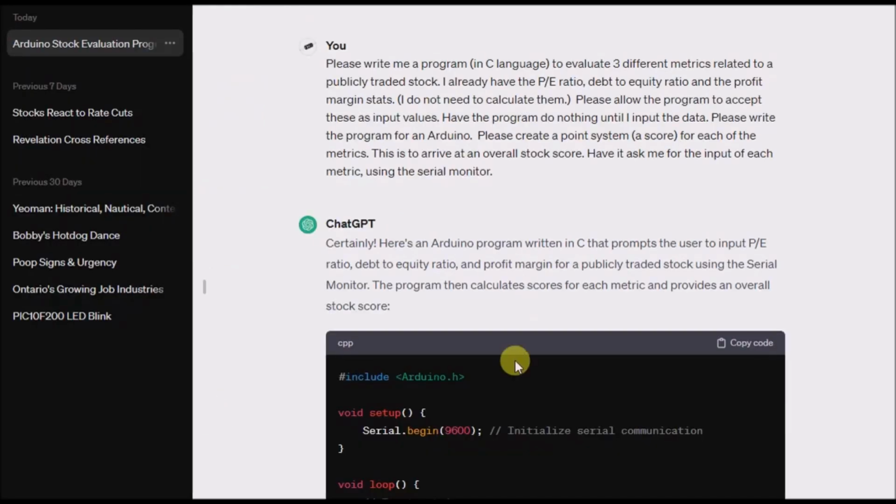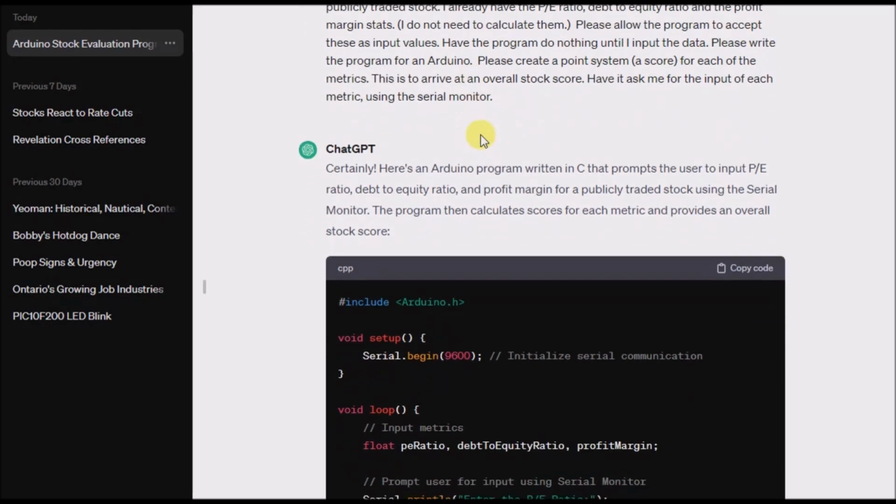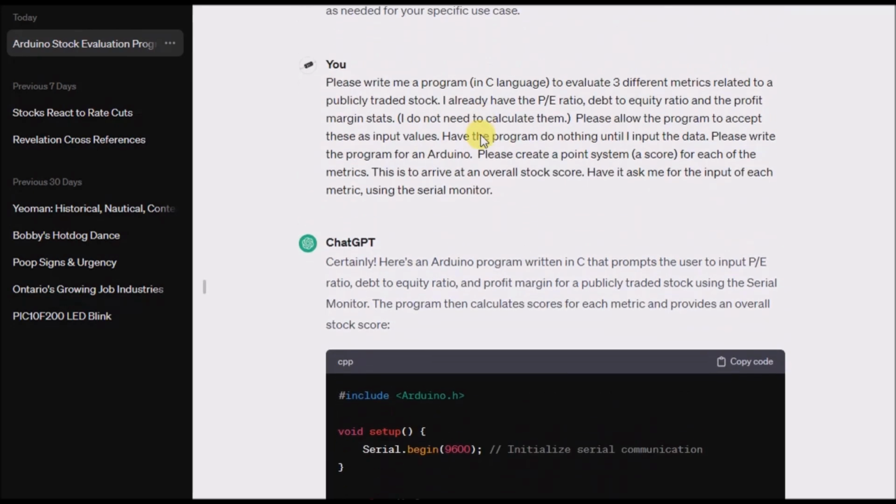Much can be said about ChatGPT if you're not familiar with it already, and I won't go into explaining that, but it's easy to use and you can log in with a Google account. So I asked it to create an Arduino code for some stock metrics, and wow, it was able to